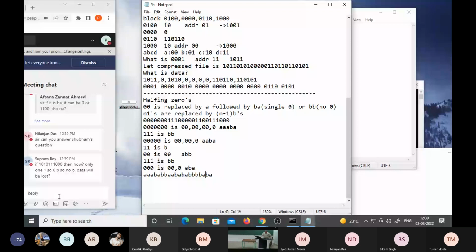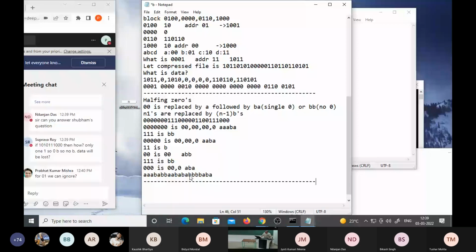Now, we come to the next scheme. We can discuss it on the mail. Scheme is based upon the halving. But how other things are handled, we can discuss it over the mail. Okay. Now we come.